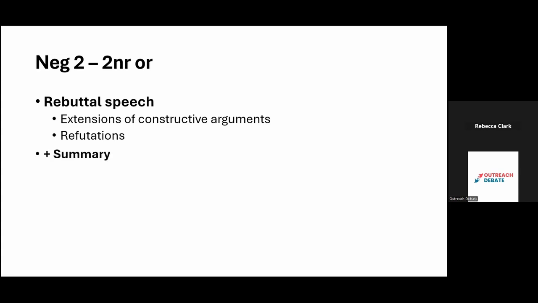Also, with this being a final speech, this is not necessarily required, but especially if you're at a local circuit and your judges may be a parent or not as familiar with the topic or with debate itself, you might want to spend time summarizing the round or talking about things in more layman's terms. You could spend some time crystallizing the round, identifying key points. You'll hear the term voter issue. At the end of the round, you might even identify for your judges key arguments they should be thinking about the most. So you should maybe spend some time in your 2NR just clarifying the round, giving some summary, whatever you think is helpful for the judge to be on the same wavelength as you.